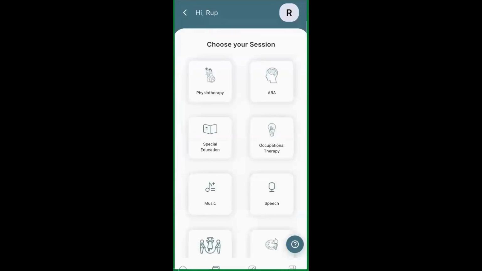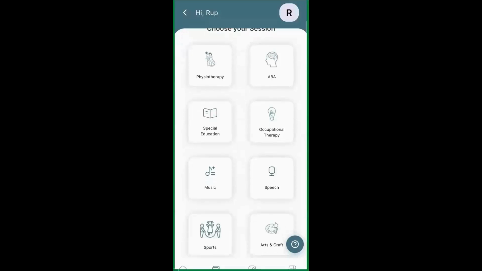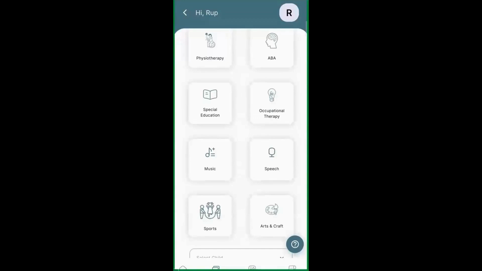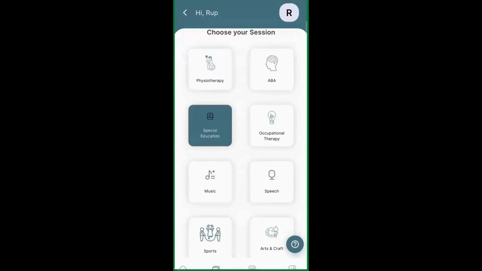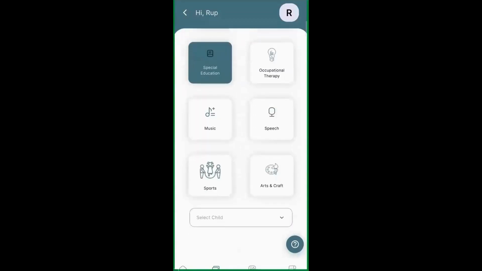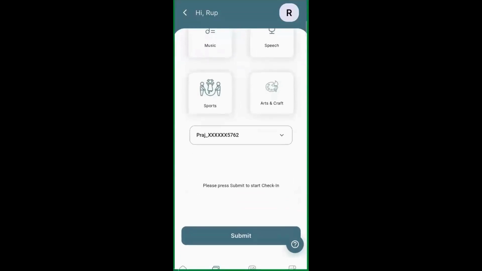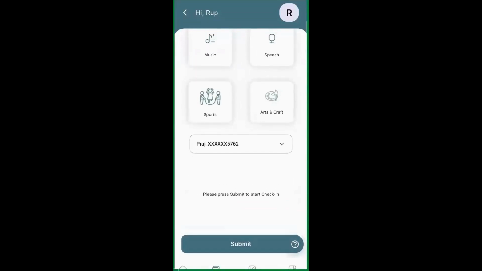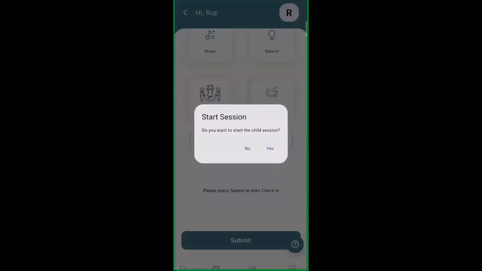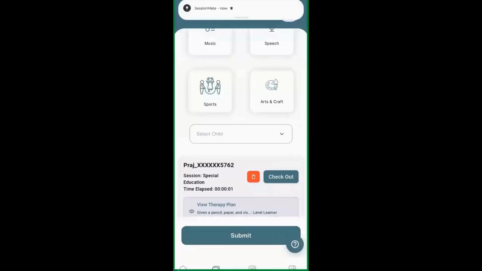Okay, so based on the nature of the goal we have made, or based on the therapist who is administering this session, we would pick the therapy type and select the learner we have. I have already onboarded 2 learners for myself, so I would quickly choose one of them and submit a plan. So what will happen is,